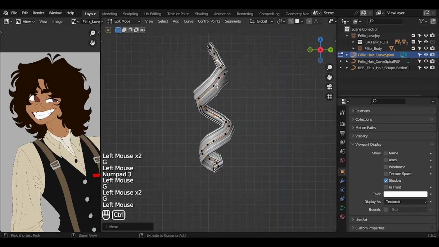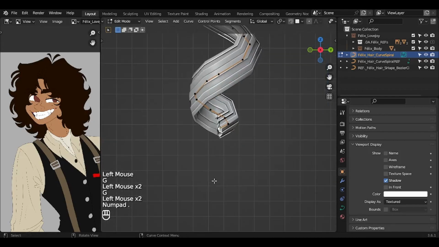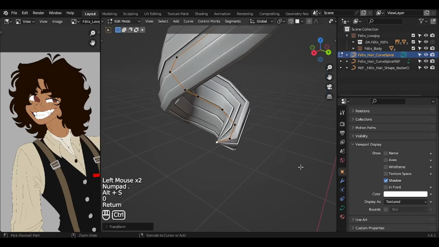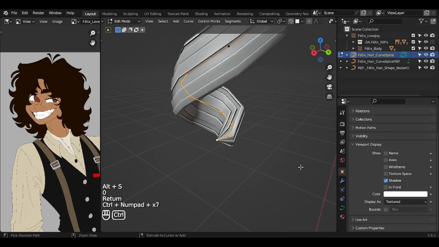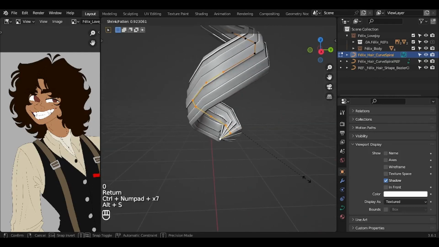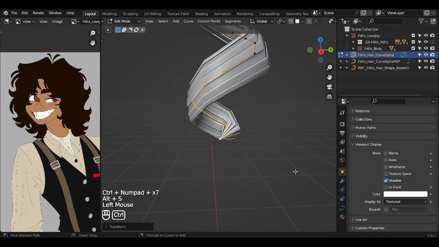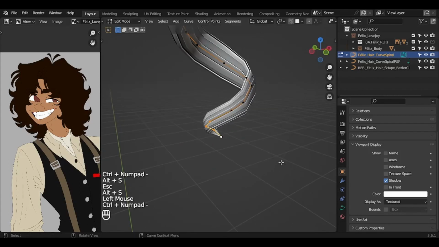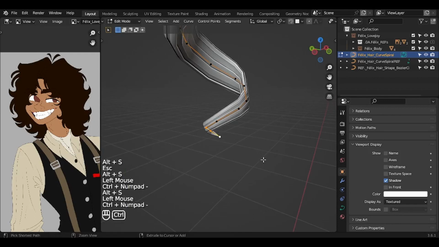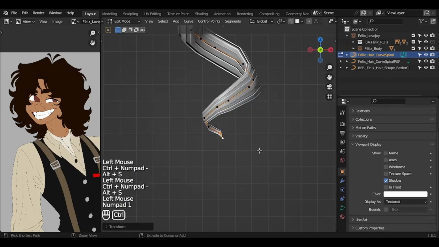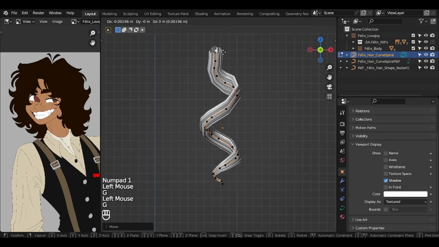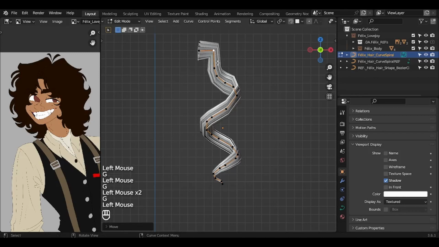So I'm gonna be adjusting this. And this bottom part, I'm gonna be selecting this one first here and press Alt S0. And then I'm gonna be pressing Ctrl plus a few times. Alt S, Ctrl minus on numpad, Alt S, Ctrl minus, Alt S, and basically I'm gonna be gradually scaling down the size of the hair until I get to the tip of it. This is what I usually do for hairs. So this is the main reference hair for my character at least,